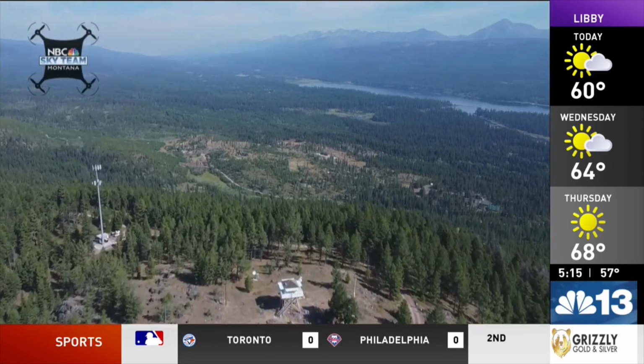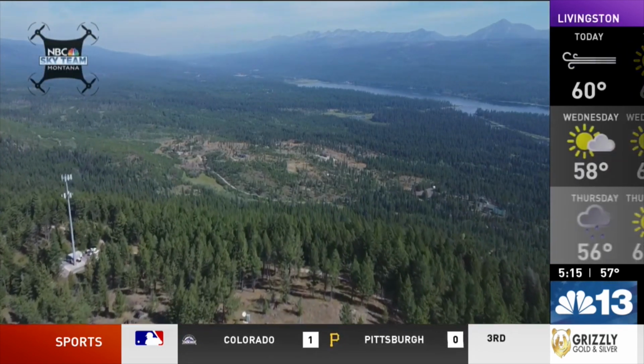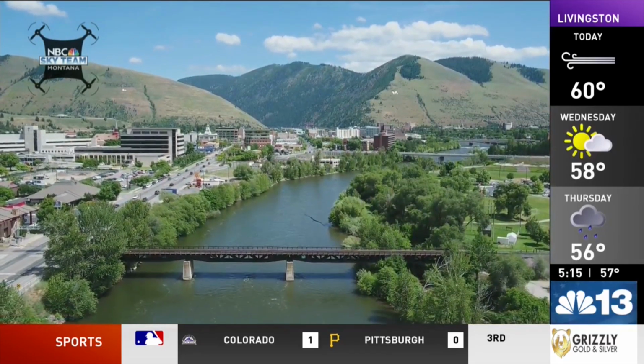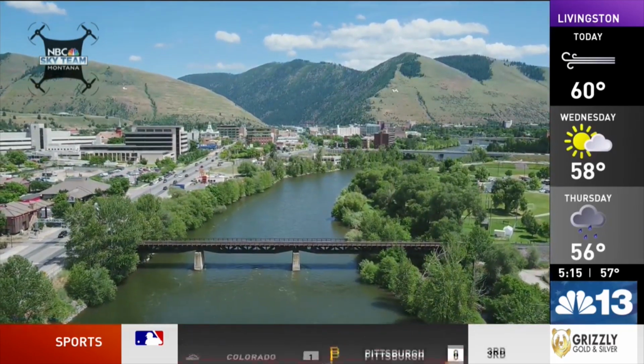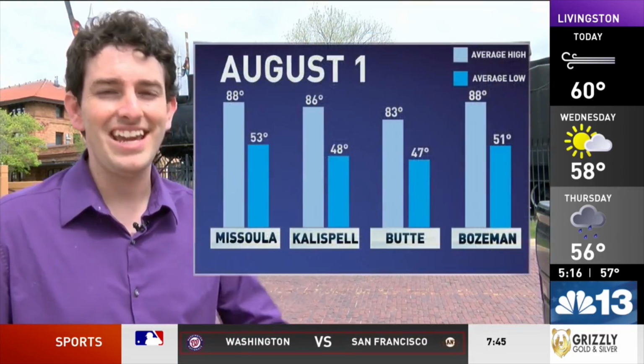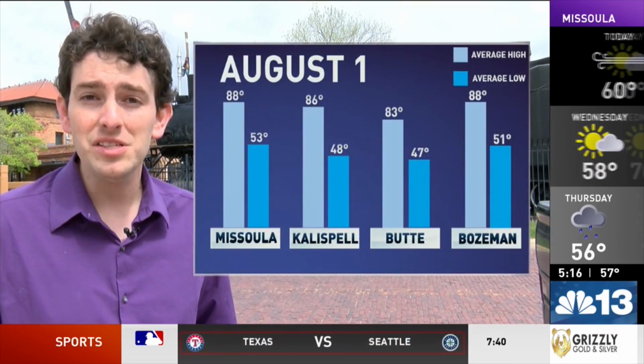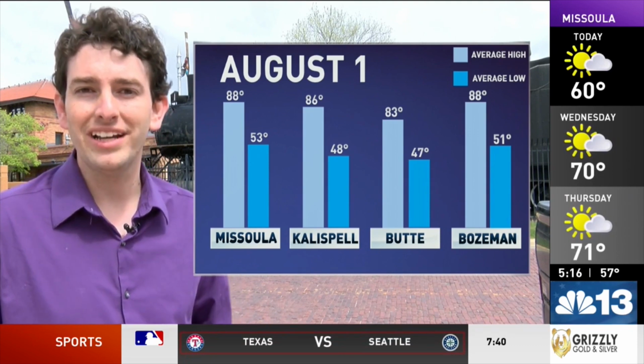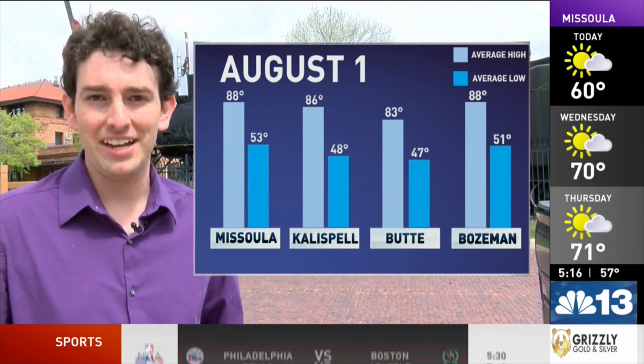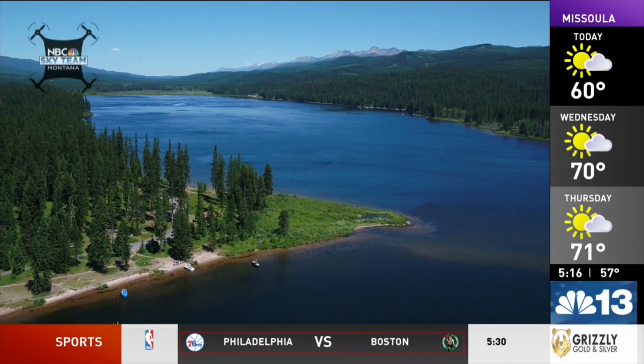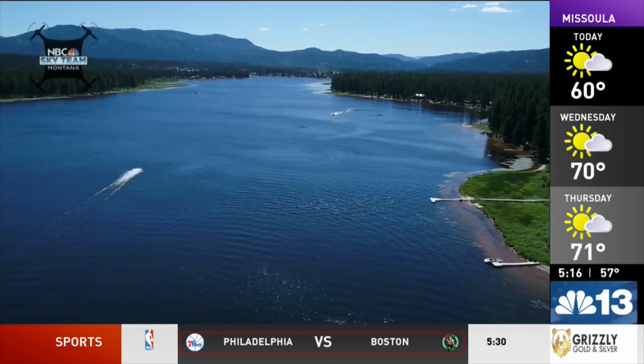The warmest period of the year takes place around August 1st. This is when all of western Montana will see those warmest afternoon highs and morning lows. Missoula and Bozeman will be the hottest, around 88 degrees, with Butte and Kalispell seeing the average coolest mornings of 47 and 48 degrees. With temperatures like this, it will be nice to cool off in western Montana's many lakes